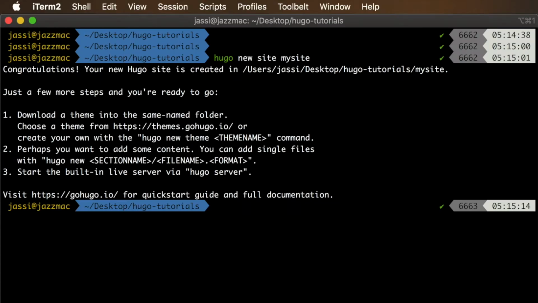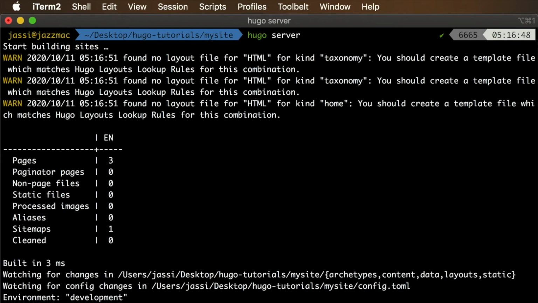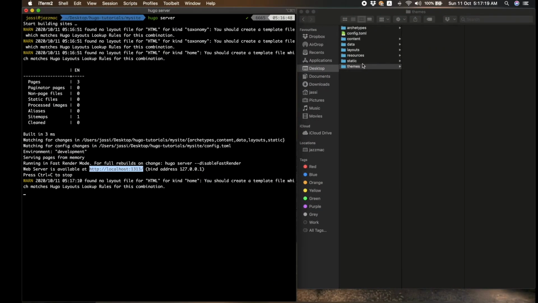Well, now to run your website locally, you need to use the Hugo server command. Now let's go and run this command. So you see now it started running locally, and the website is running at port 1313 in localhost. So let's go to the website and run it. So now you see localhost:1313, but it is blank because we have not updated anything in our content. So it is looking like a blank one, right?